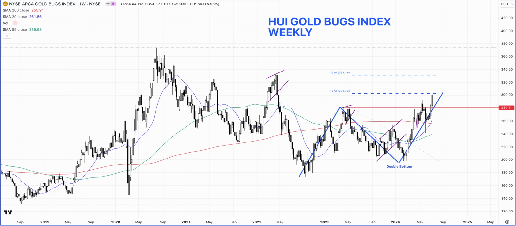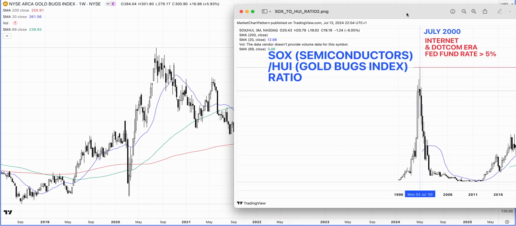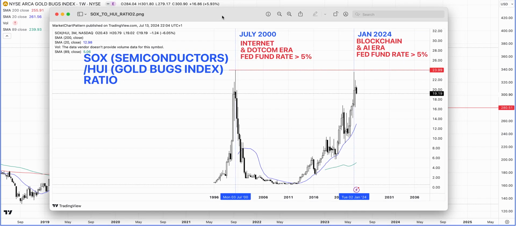So we'll be discussing that as well, and for that I just wanted to show you guys an interesting chart which I've actually already shown in the video for the stock indices. And here what we have is the SOX, which is the semiconductors, and the gold bugs ratio index. So basically what I've done is I've taken the SOX, which is semiconductors, divided by the HUI, which is the gold bugs index, and created a ratio. And it's really interesting to see that around July 2000, that's pretty much the range when the actual commodity was bottoming around that time period, and then we have seen a really fantastic bull market take over in gold.